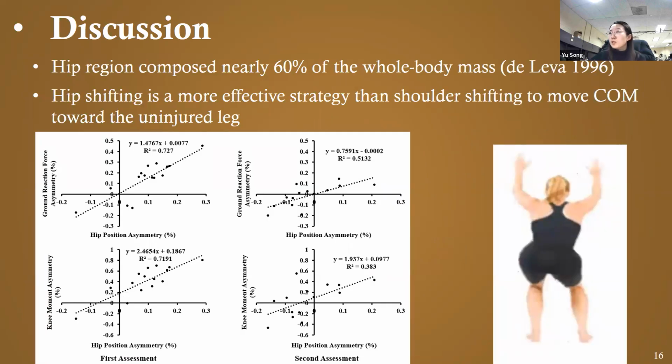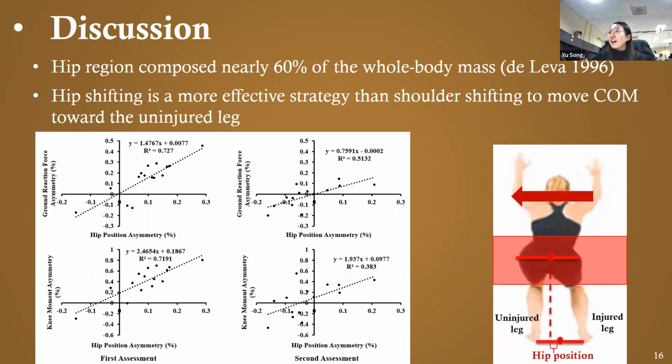The hip region composes nearly 60% of the whole body mass. So hip shifting could be a more effective strategy compared to shoulder shifting during squat. That's why most patients choose to move their hip as a strategy to unload their injured leg. To look at the figure